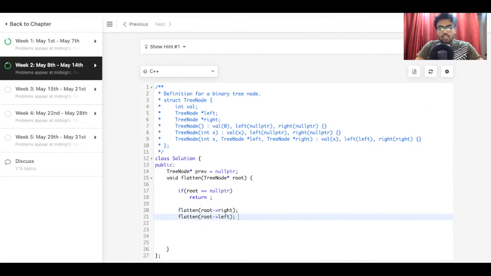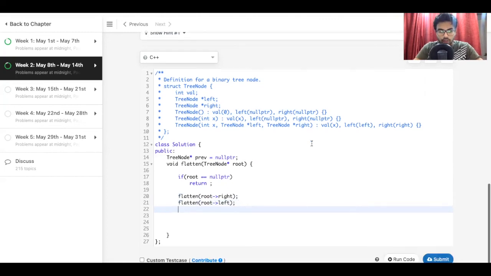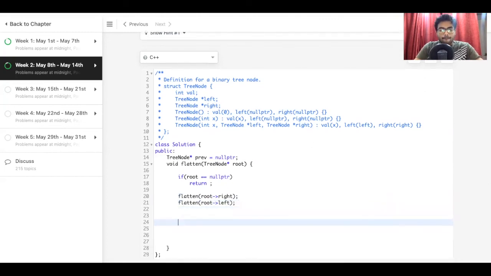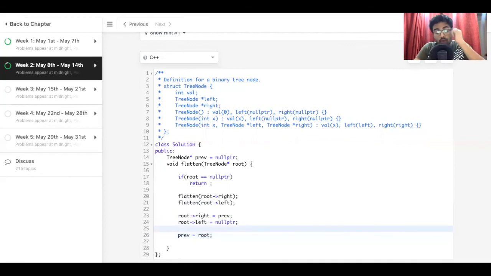So we go to the extreme right and we go to the extreme left to find the order of the elements, and therefore we make sure that the right points to the previous element, and root's left is always null pointer, and we store the root into the previous.